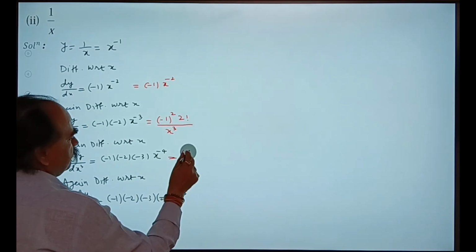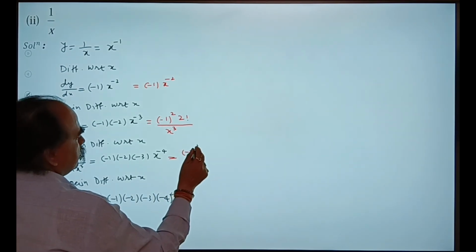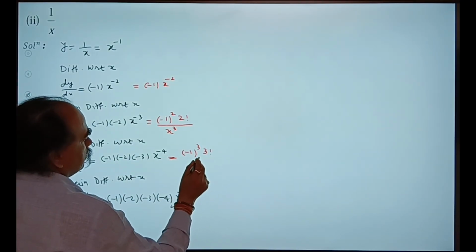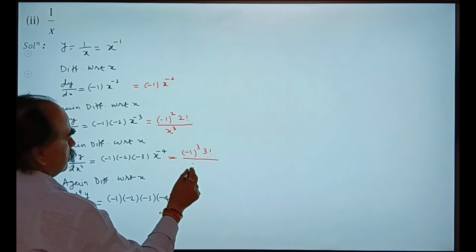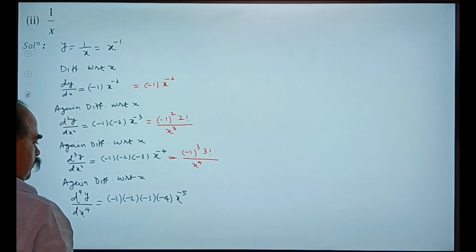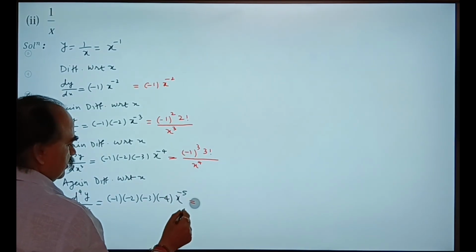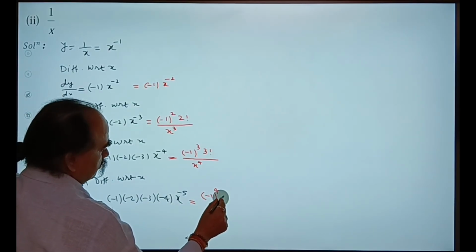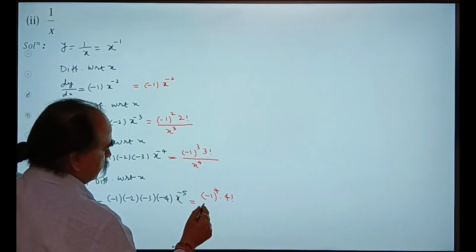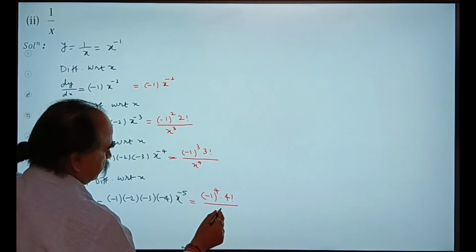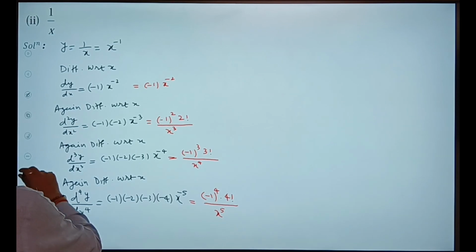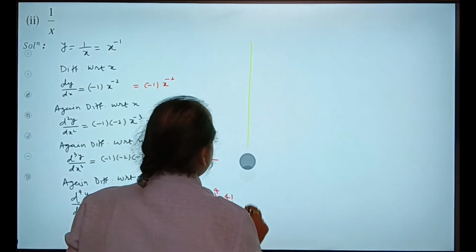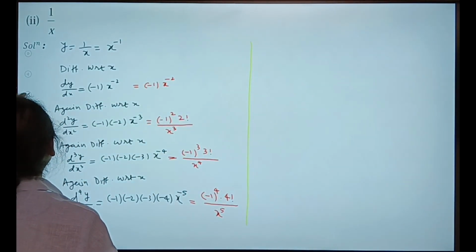This can be written as minus 1 raised to 3, 1 into 2 into 3 will become 3 factorial upon x raised to 4. Here it is minus 1 raised to 4 into 4 factorial upon x raised to 5. Proceeding in this manner, we get